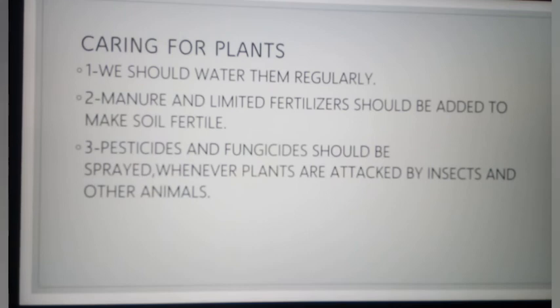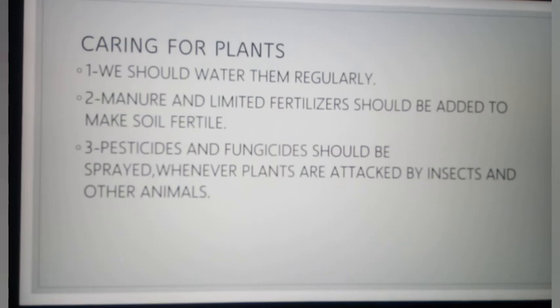Actually fertilizers are chemicals. Chemicals which are useful, and when these are mixed in soil, they give strength to the soil, meaning the nutrients which are not present, the soil can fulfill that deficiency very easily. And manures, like dry leaves, are a form of manure. So that also we can use to improve the fertility power of soil.